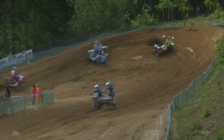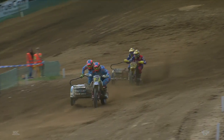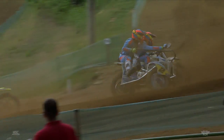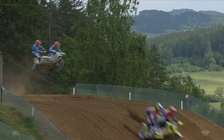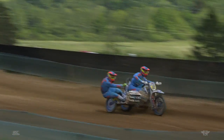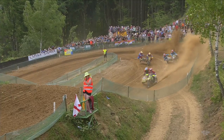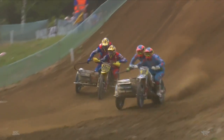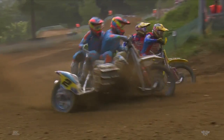Look at Etienne Bax. He can see Valentin Giro ahead of him, and the pair of them now, their battle. And I can tell you, Giro's pitboard will be telling him that Etienne Bax is breathing down his neck. He's almost so close he can smell his aftershave, if they bothered to put any on this morning. I doubt it. There's Giro. I just noticed Valentin look over there off that jump just to see what kind of gap they have behind him. So he will possibly let Bax through, and then...